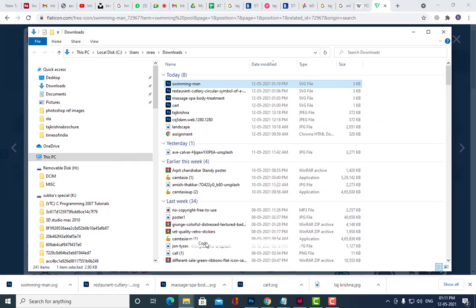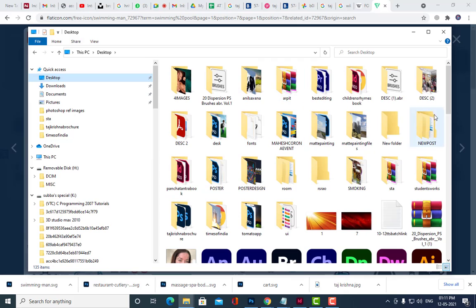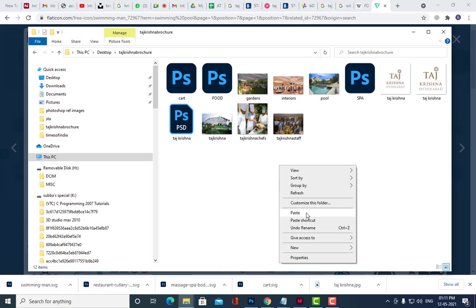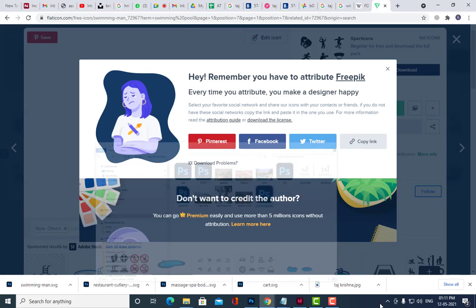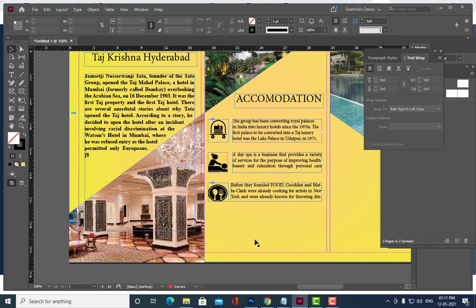So we'll just copy this and then, where is our file, Raj Krishna? Okay, so I'm going to keep it. Just see this, the good thing about this software is you'll get a lot of alignments.